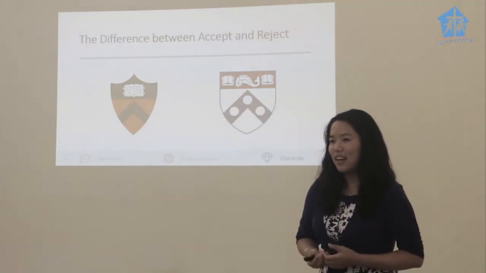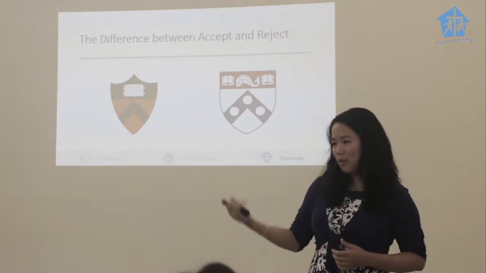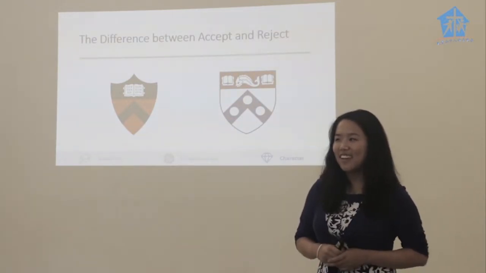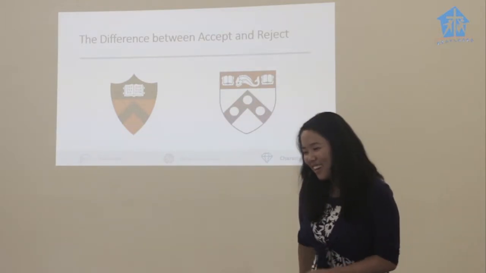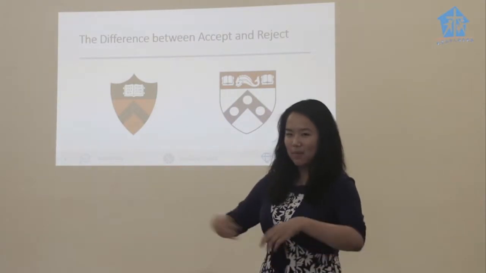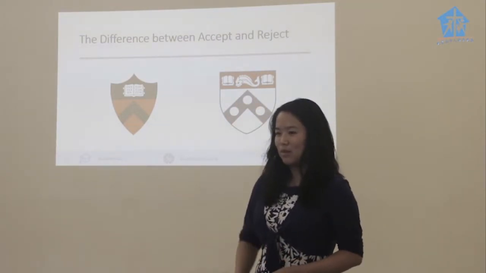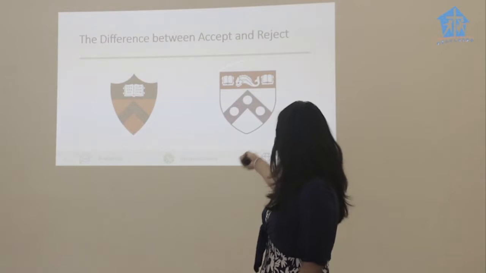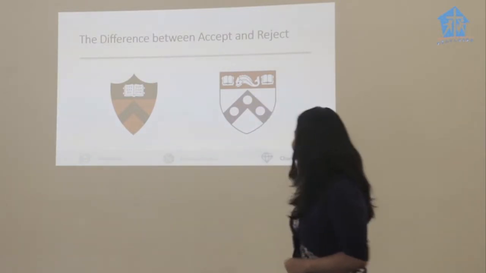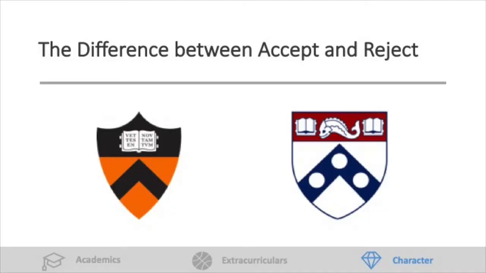And so I went through the interview, and this person was asking me, so what do you want to major in here? And I was like, oh, actuarial science. And she was like, oh, I don't think we have that major. And I was like, oh, great, okay. So yeah, I butchered that as well. And then obviously I just submitted that essay maybe 10 minutes before it was due. Did not work out, got a rejection. But it's okay because I think I like this a little bit better anyway. So not salty about that at all. The difference between accept and reject.